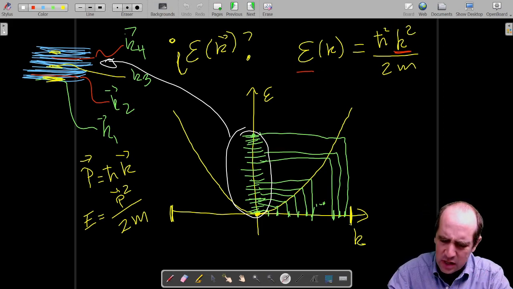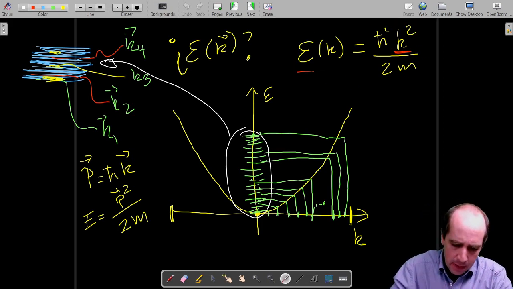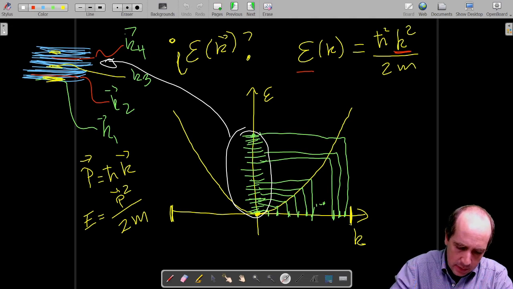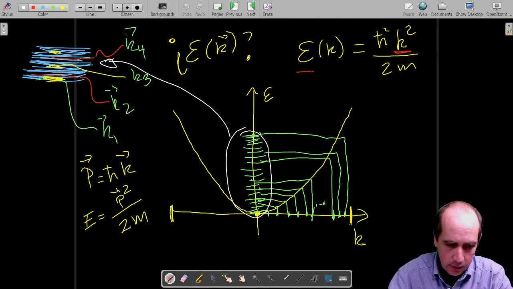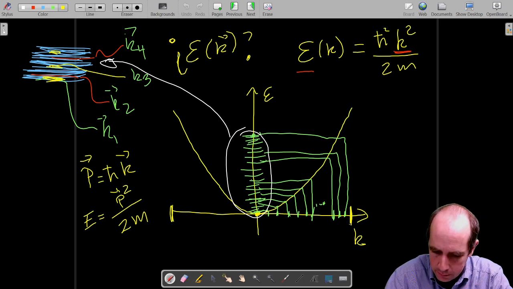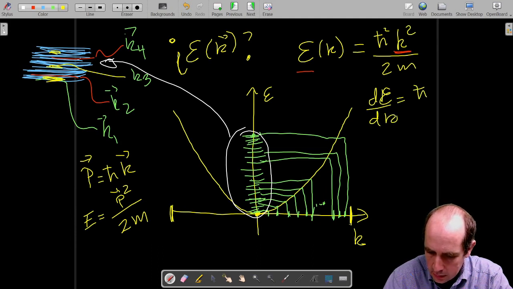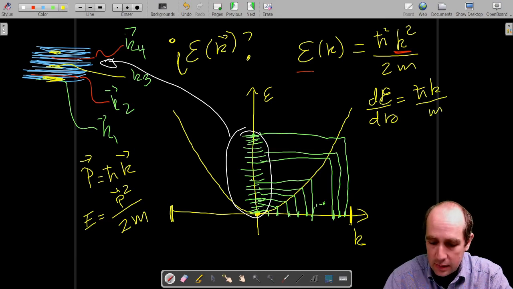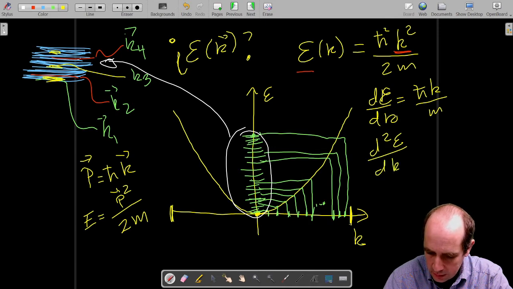So let's differentiate it with respect to K. What we obtain is that the first derivative of E with respect to K is going to be h bar K divided by M, and the second derivative of the energy with respect to K will be